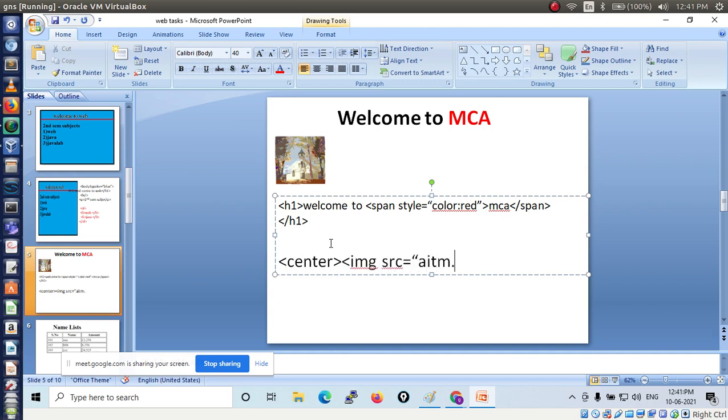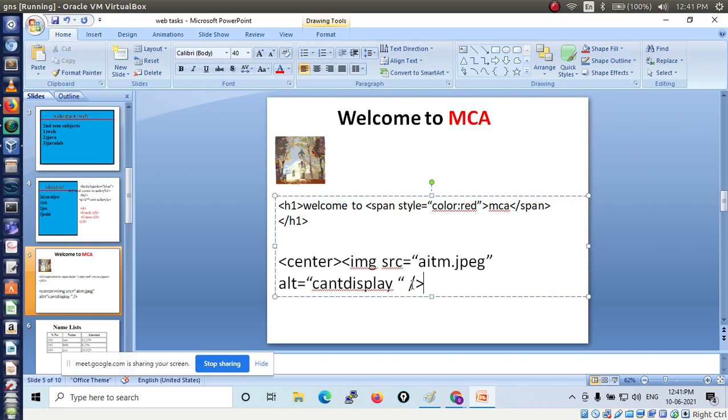Here you have to write the image name, then you can use alt or you need not use alt, the choice is yours. Here I am using alt as can't display. Then see here, use this symbol. All of you observe carefully. Close, then use the slash, then complete the angle bracket.